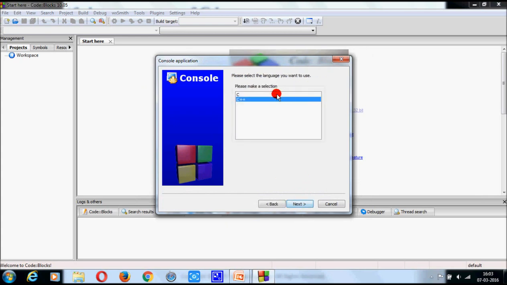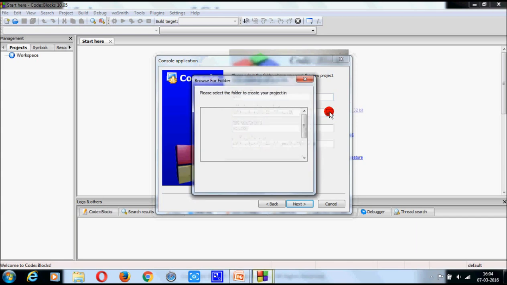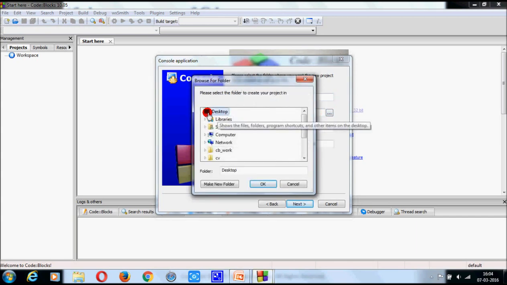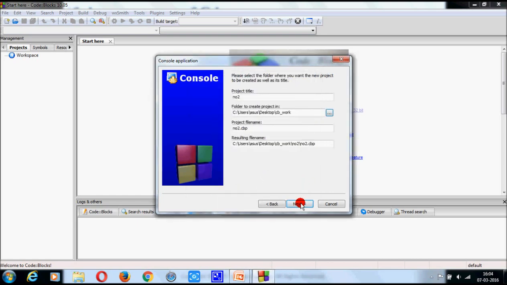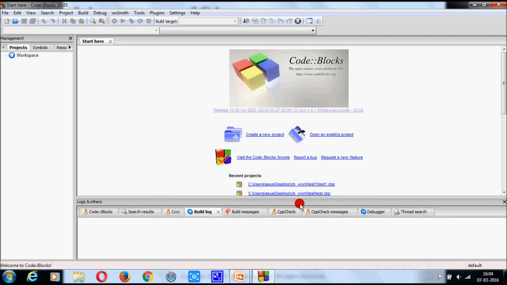Next. Choose C. Next. Type a project title, that is NO2, because we will check which number is higher. Choose the location. Okay. Then press next. Then finish.